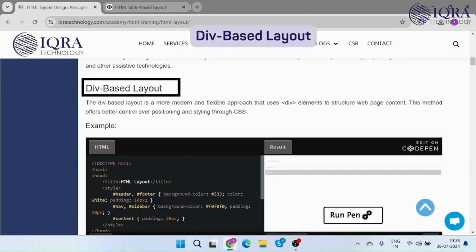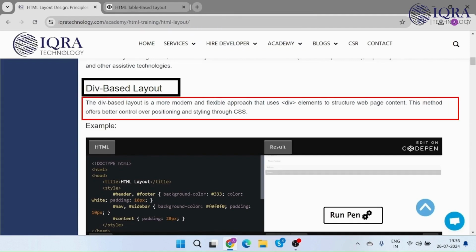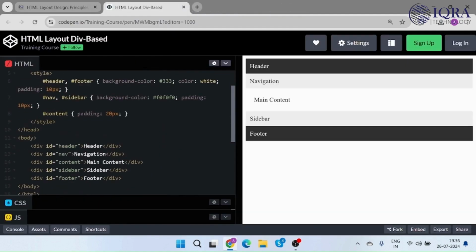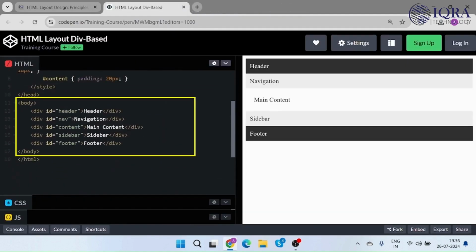Now, let's talk about the div-based layout, which is the more modern and flexible approach. This method uses div elements to structure the content of a web page, and positioning and styling are controlled using CSS. Let's see through an example. In the code editor, inside the body section, there are divs with specified IDs, like header. The second div represents the navigation section. Then there is the main content. Finally, there is the sidebar, and the footer is defined last, containing its content,